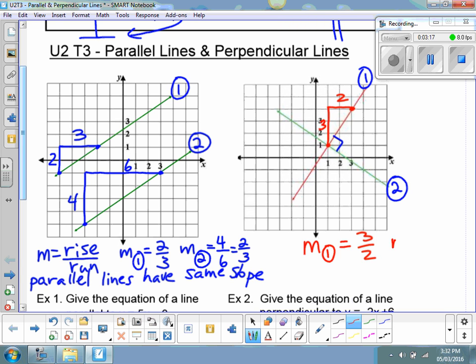And now I'll do the slope of line 2. And I can use this point, and I might as well use that point where they intersect. So this one has a rise, because it's going down, that's going to be a rise of -2 and a run of 3. So -2 over 3. So perpendicular lines have slopes